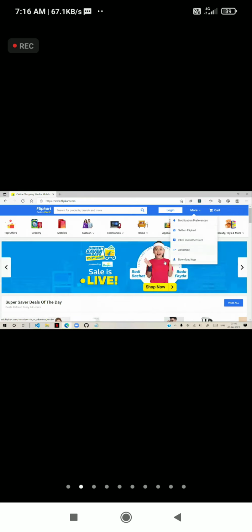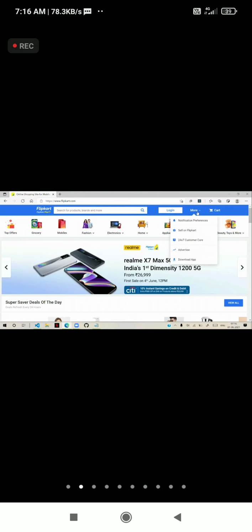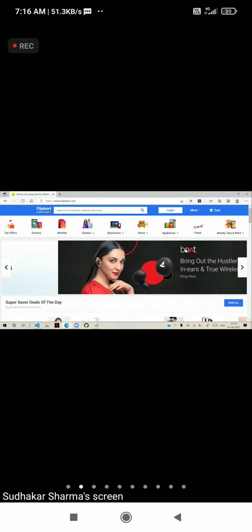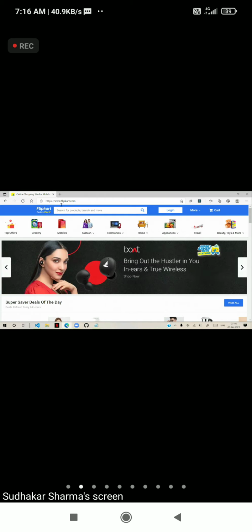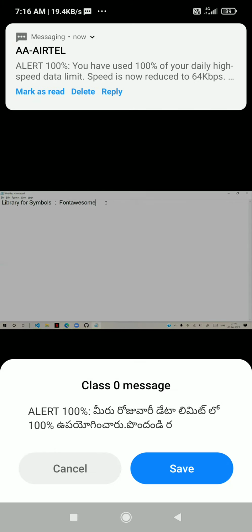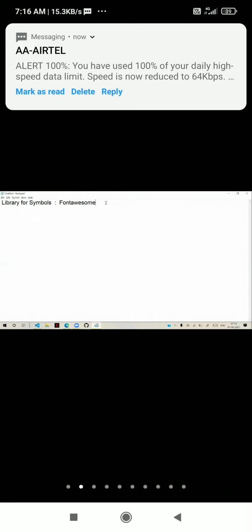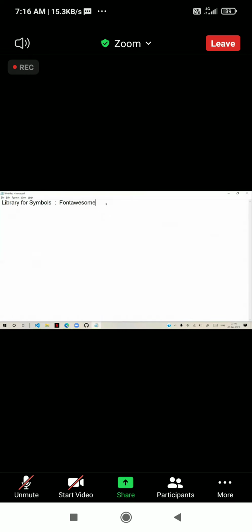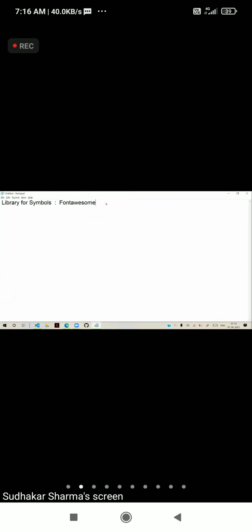I will show you one simple point now, how you can manually design. Let's see how to design this. You need a library called Font Awesome. It is a very popular library for symbols. Professional website developers use this Font Awesome. Some symbols are available with Bootstrap also, that you will learn in CSS Bootstrap. But Font Awesome is very popular, and very professional websites also use it.